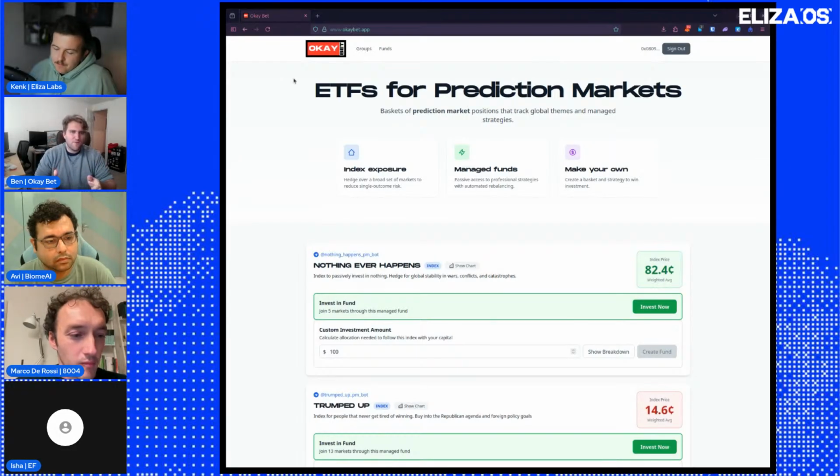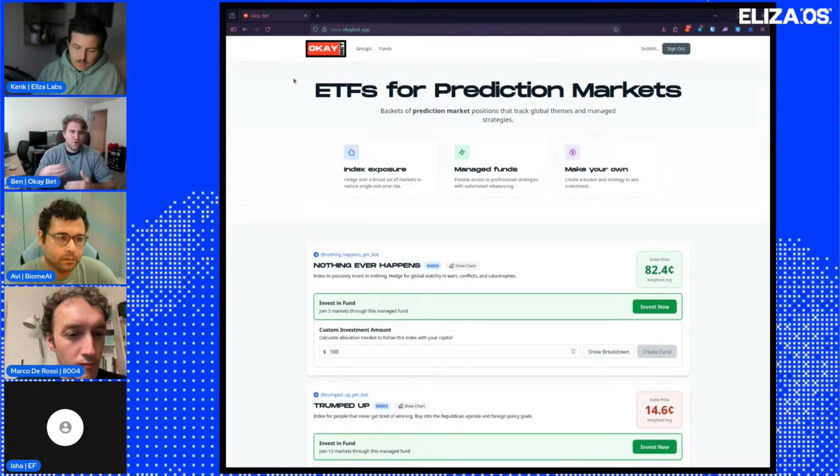Whether you tell it to buy something or make an index, it's going to have to go into these prediction markets, which are very dynamic and changing, and try to actually execute those orders. A lot of times it might not be able to. You may tell it to buy something that's already resolved or something with no liquidity, and it needs to make decisions on its own to see if that matches its mandate.